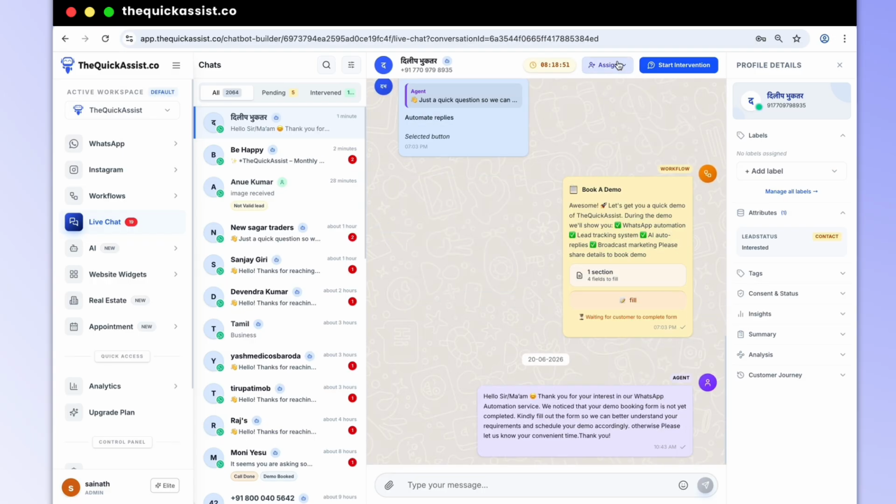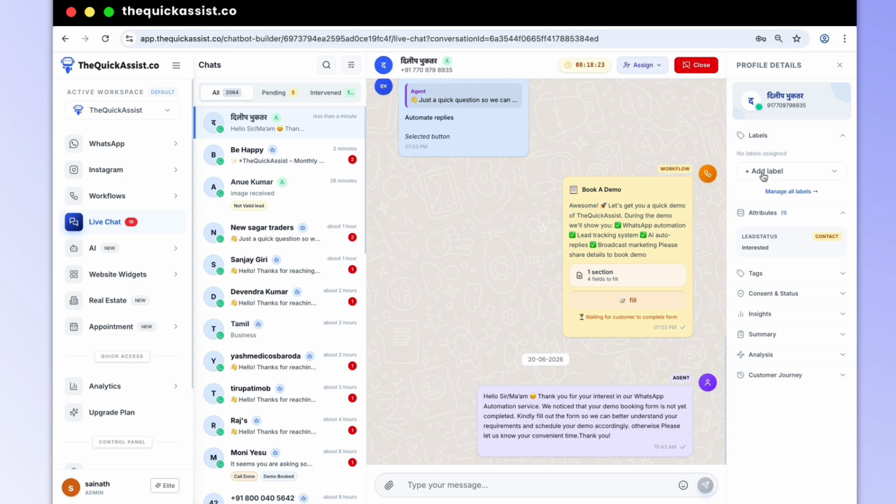After that, on the top, we can see Assign Agent button. Using Assign button at the top, we can assign this chat to a specific team member or agent for handling. Beside that, there is a Start Intervention button. If we click Start Intervention, the bot stops responding and a human agent can continue the conversation manually.